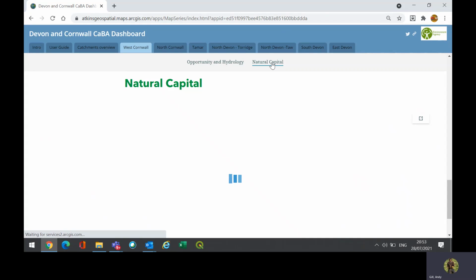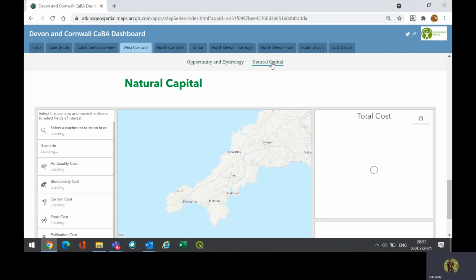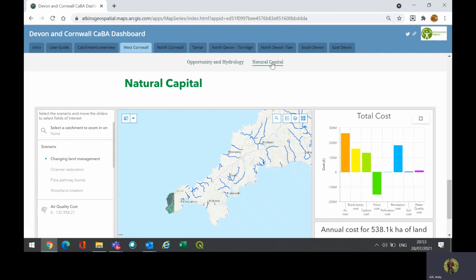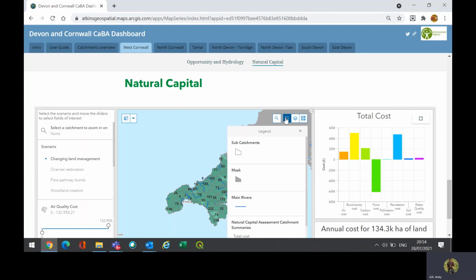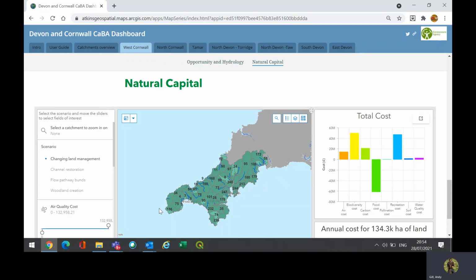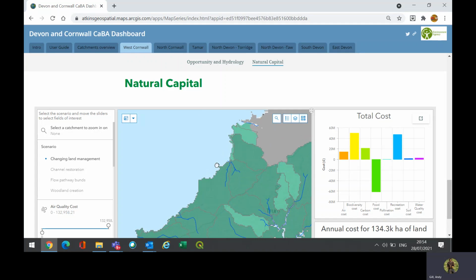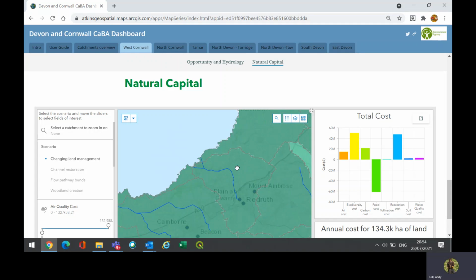There's the natural capital dashboard as well, which is below the opportunity hydrology metric dashboard. And in here, again, you've got catchment scale outputs. So these are the different total costs for different catchments in the area. I think if I click on here, it's going to give me a key. Yeah, there you go. It gives you a key for the total costs in pounds. And similar to the opportunity hydrology one, if I zoom in to a catchment, so we go to Porthleven again,